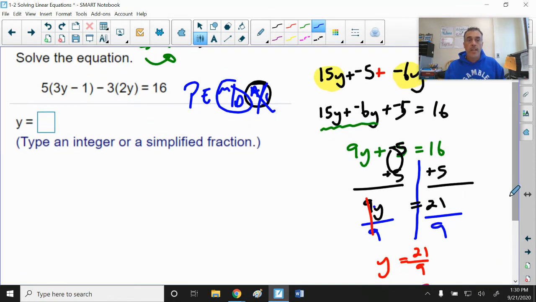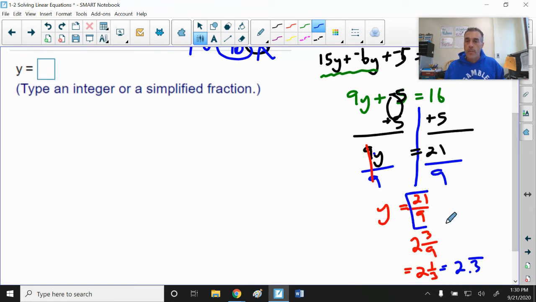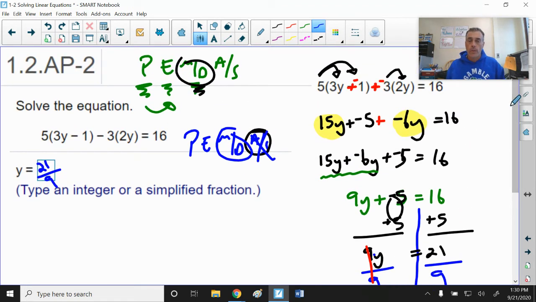So it says type an integer or a simplified fraction, and I think I would type in 21 over 9. That's what I think I would write, 21 over 9, because improper fractions are pretty easy to work with. All right, our next problem